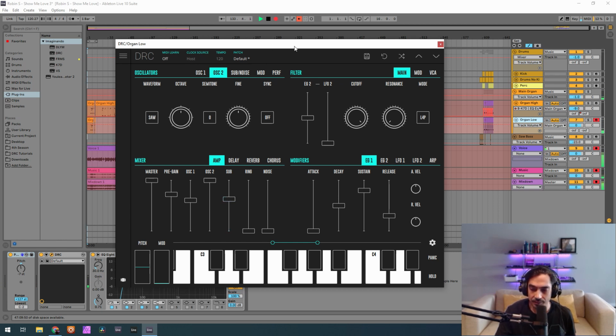And now envelope generator 2 amount 198, and then cutoff at 158.